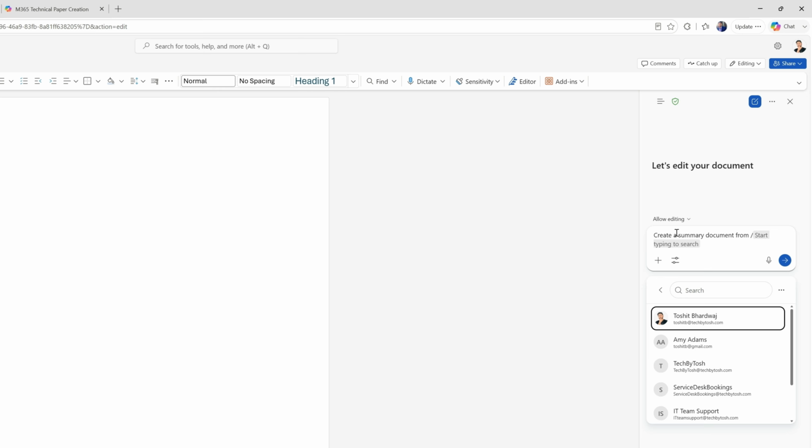And once the window opens, I will type "create a summary document from," and I can press / and then use the file name that you want to reference to create a summary document. For example, in my case, we want to create a summary document from the Microsoft 365 technical paper that we have created. So I'm just going to type